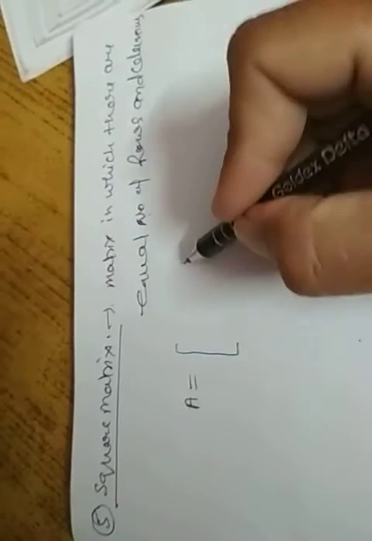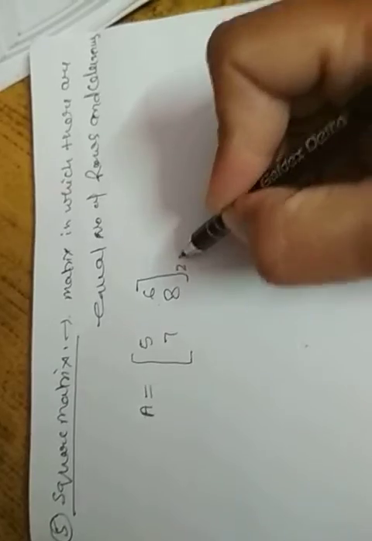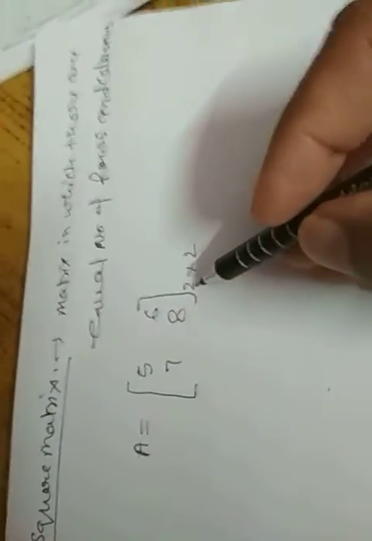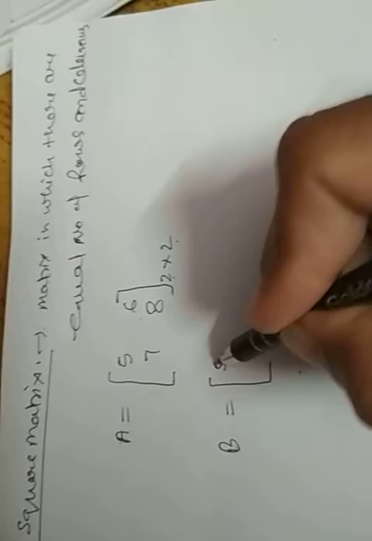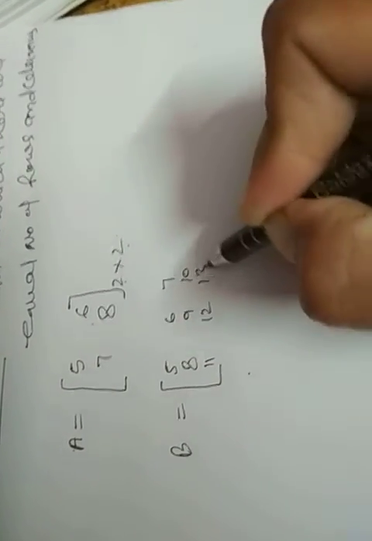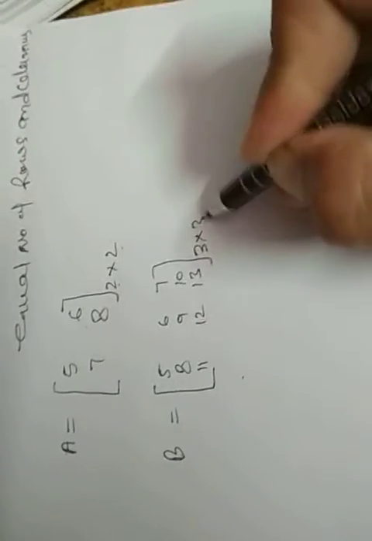So in many results we require the square matrix. Let this be a matrix of order 2 by 2, and it is 5 6 7 8. So the order is 2 by 2, that is 2 rows, 2 columns. When you tell the order, always tell first the number of rows, then the number of columns, and when both are equal, that is a square matrix. Let matrix B be 5 6 7 8 9 10 11 12 13. So this is a 3 by 3 square matrix.